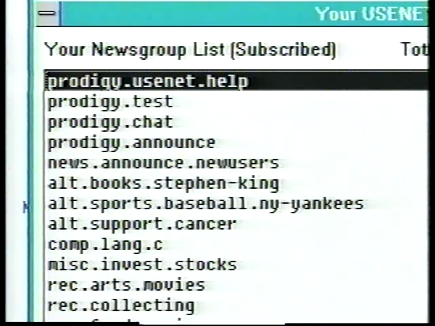alt.books.Stephen-King. Alt stands for alternative, the most general classification of this news group. Books is a subset of alt, and Stephen King is a subset of books. Our subject gets more specific with each dot. The hyphen between Stephen and King is there to make that subject easier to read and does not represent another subset. You can see titles that begin with news for news,